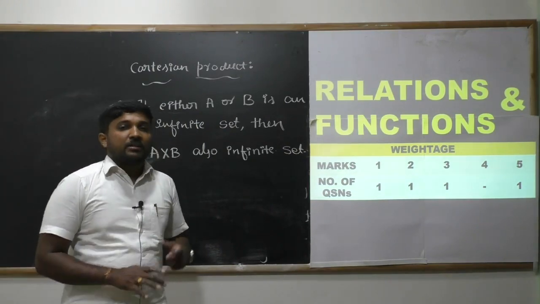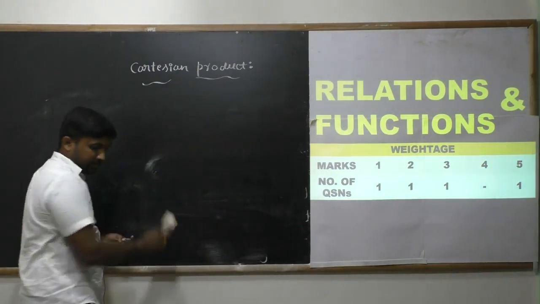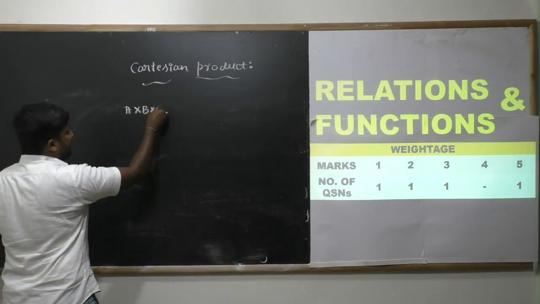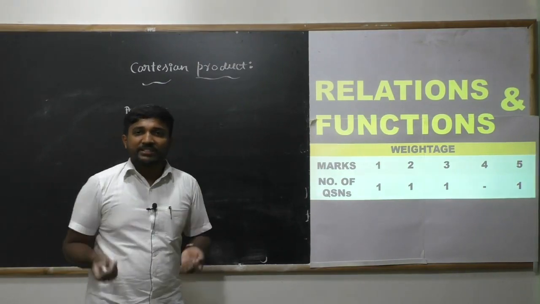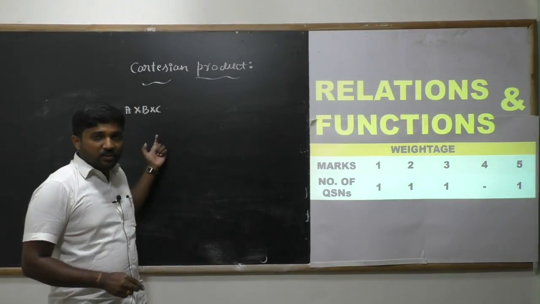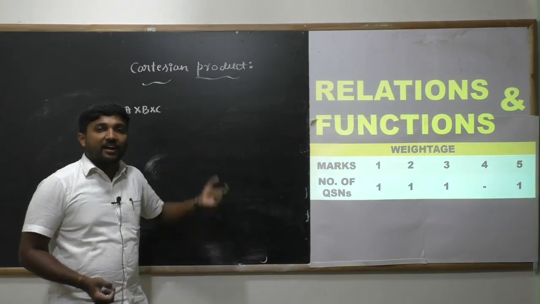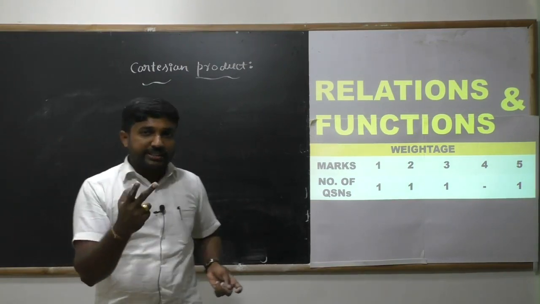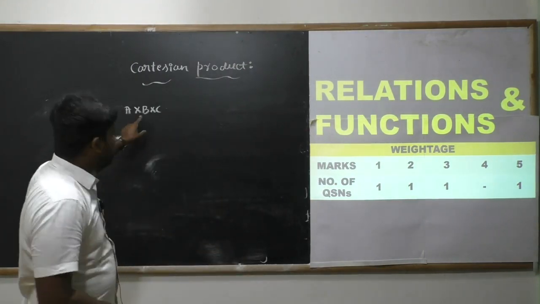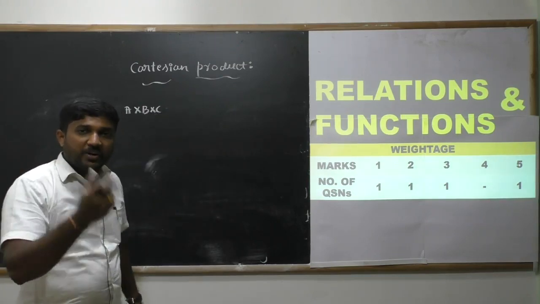Next we have one new definition about set A cross B cross C. We know how to find A cross B, right? Now, if there are 3 sets, then how to find A cross B cross C? Here, the elements of this set are ordered triplets. If you have 2 sets, then their cross product gives you ordered pairs. But here we have 3 sets, A, B and C, so their cross product gives us ordered triplets.